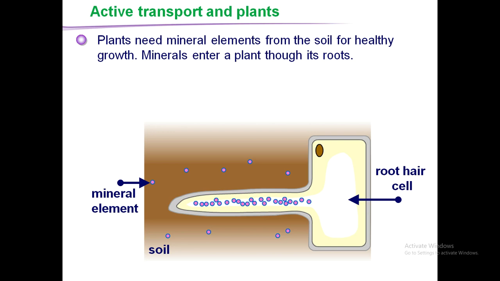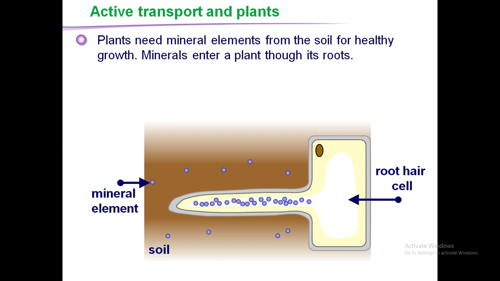Active transport in plants. In the root hair cells of plants, we already have the highest concentration of minerals and salts like magnesium, nitrates, nitrites, all these things are in high concentration. But still the plant needs them. So if the plant needs them, then they have to absorb them from the soil. So these root hair cells are responsible for absorbing the molecules of minerals and salts from the soil, which are in low concentration in the soil than in the root hair cell,